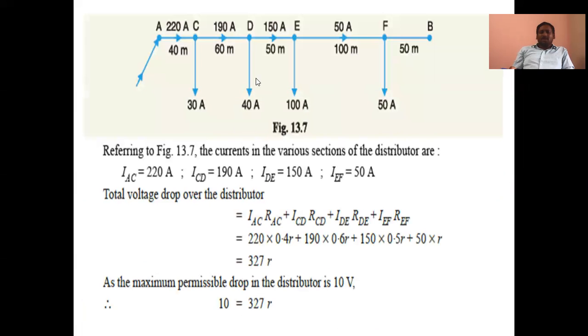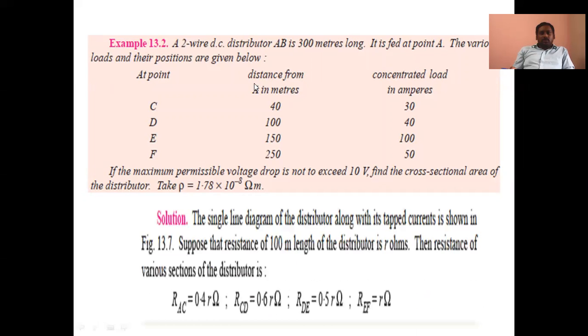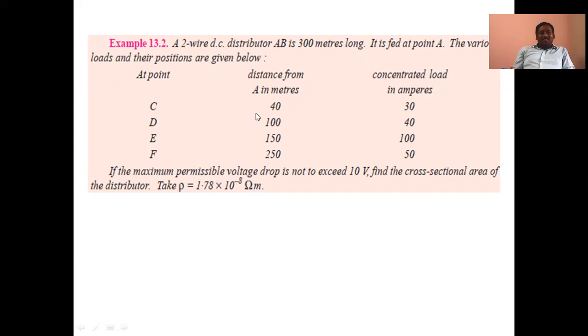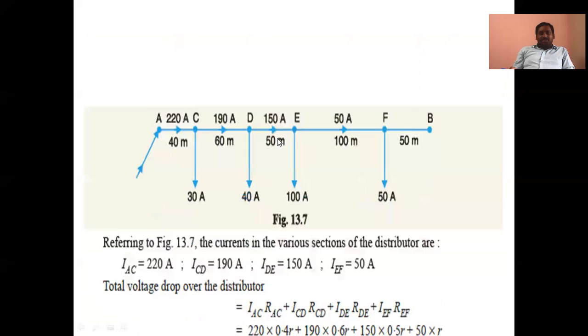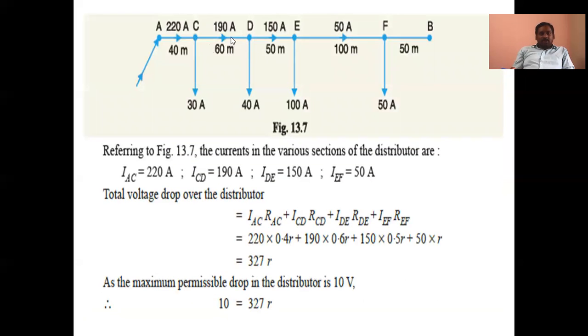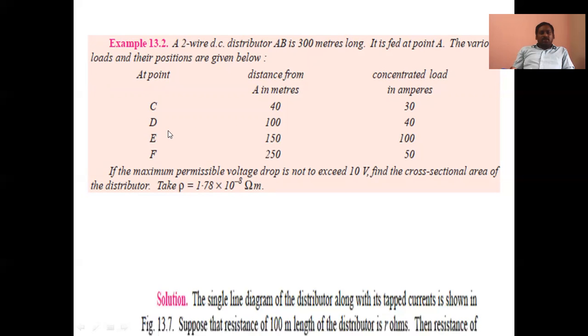How? This is from the figure and the given data. A to C is 40 meters, D from A is 100 meters, E from A is 150 meters. Like this, C from A 40 meters, D is 60 meters from C. So E is 40 plus 60 plus 50, 150 meters. Like that, we can arrange it here. From this, we have to calculate the resistance first here. In order to calculate resistance,